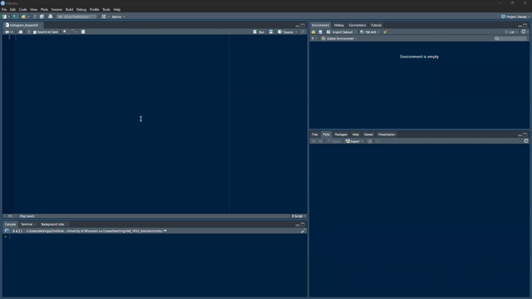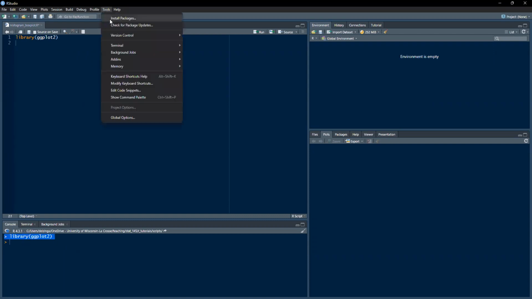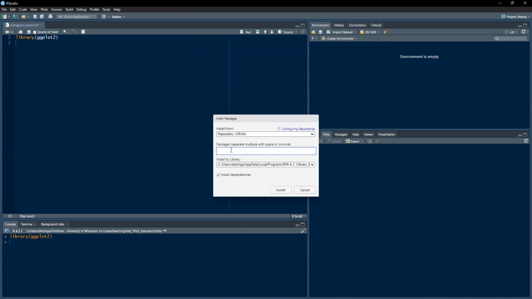So we're going to talk about how to make both histograms and box plots here. Again, we want to start with having the library ggplot2. If you run this command and you get some sort of error or warning message down here, and it doesn't load like this, then you probably need to go to Tools, Install Packages, type ggplot2, and then